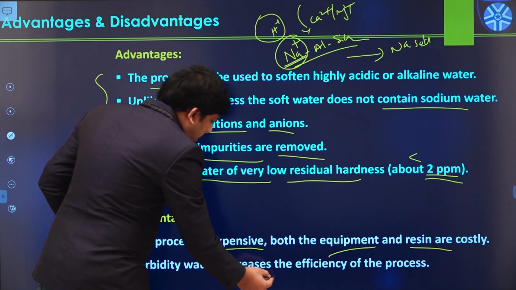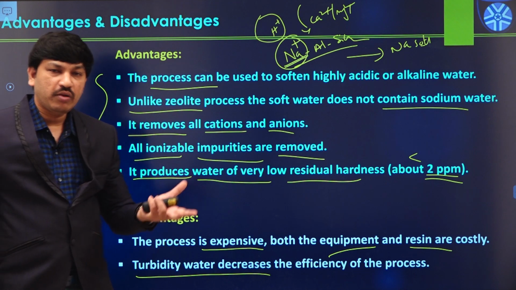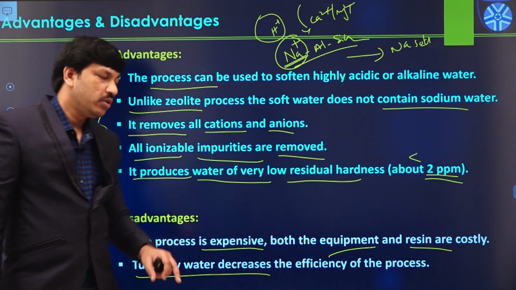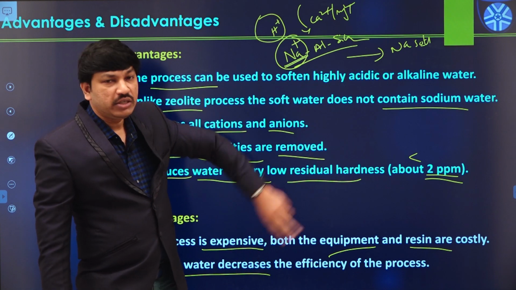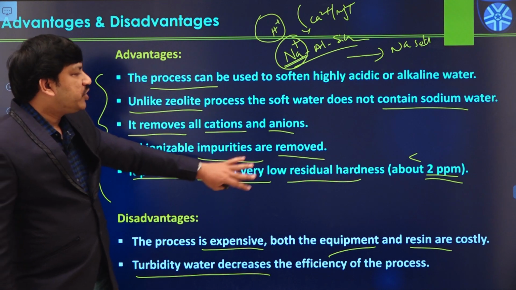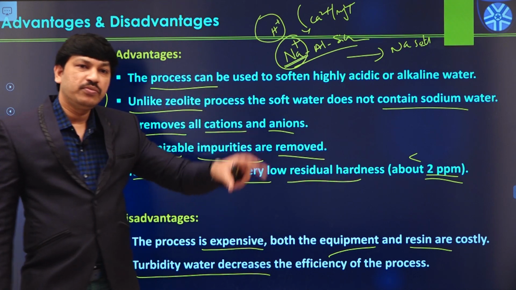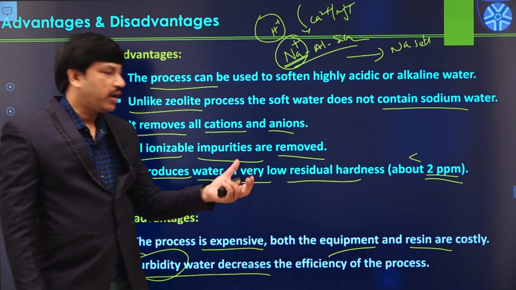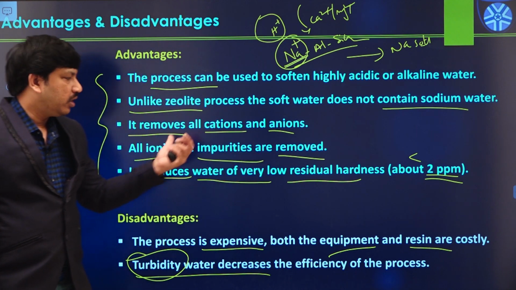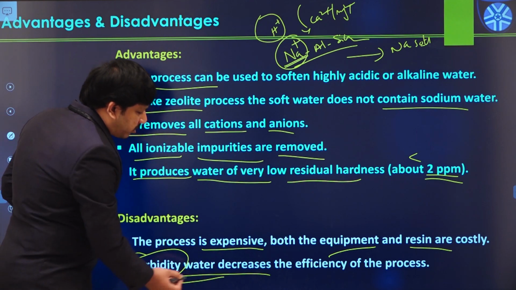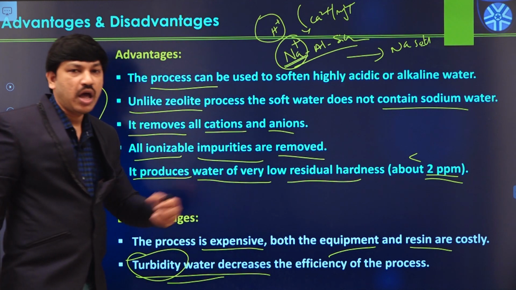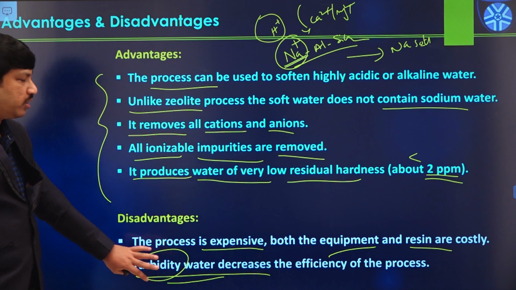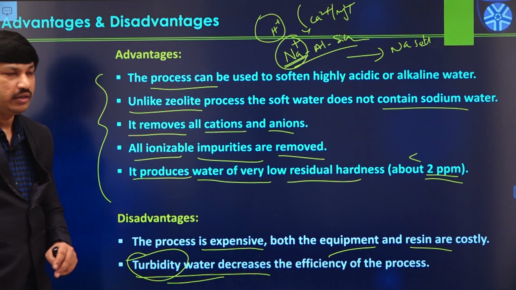And if you are using turbid water, for example, a water sample that is highly turbid in nature, with a lot of sand particles and dust particles available. If you use turbid water for this process, the efficiency of the method decreases because the resin surface is occupied by all this turbidity, and it cannot exchange the cations like calcium or magnesium ions or anions in the solution. So if you are using any turbid water, it decreases the efficiency of the ion exchange process. That is the only limitation we have here, and otherwise, though it is an expensive method, it has a lot of advantages.